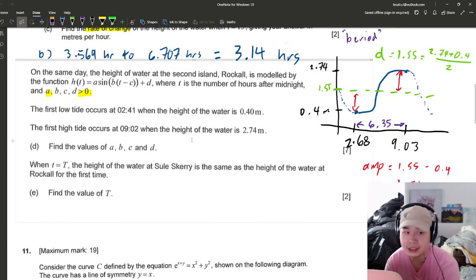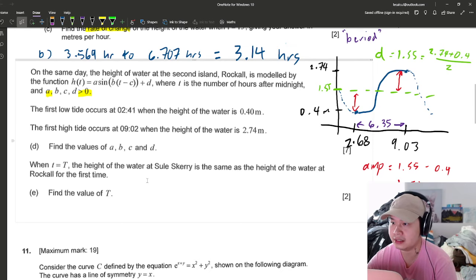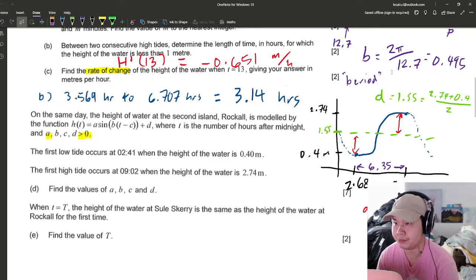Okay, and then the last thing you need is the C value, which is the phase shift. The problem with phase shift, though, is that it usually depends on what the question wants from you. So for example, in this question, A has to be positive. The function is also specifically sine. So if we were to graph this equation the way it is, with our A, B, and D values,